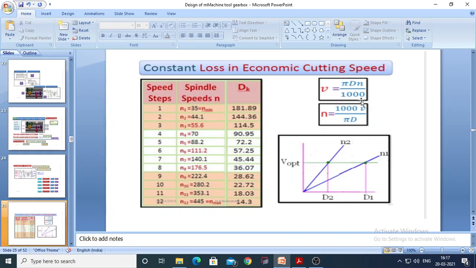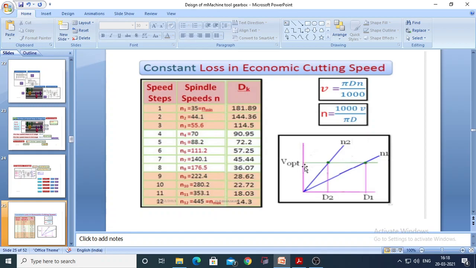Cutting speed is equal to pi d n divided by 1000, and n is equal to 1000 v divided by pi d. Here I have shown a graph of cutting speed versus diameter of the workpiece. Here n1, n2, up to nk, nk plus 1, or nz are the different spindle speeds, and z is the total number of speed steps. D is the diameter of the workpiece, here shown as d1 and d2,